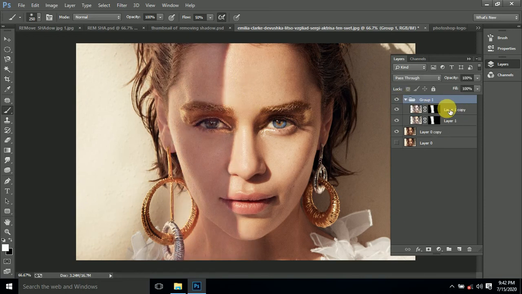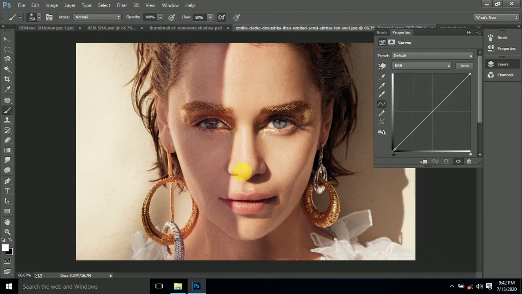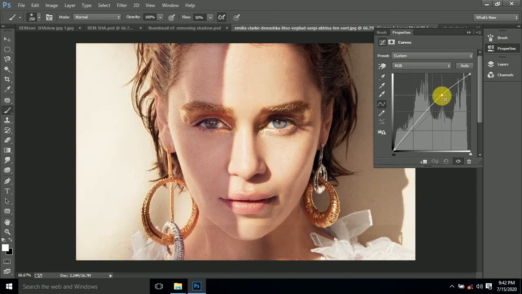Now click on the upper layer and then go to the adjustment layer and click on Curves. We need to add curves. Click on the line and then drag it upside.